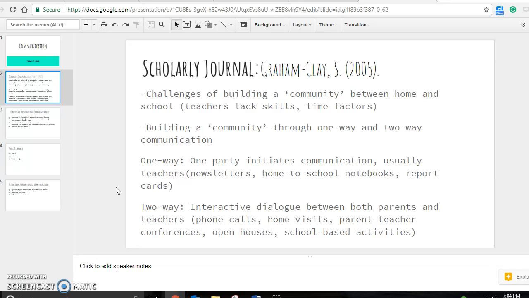And this is something that kind of hit home more for me because it talked about how teachers lack the skills to effectively communicate with parents, and that time factor is a huge issue with all the constraints and all the different ways that we are pulled in different directions throughout the day and during the week. It's very hard to try to contact every student's parents, especially when you have like 165 students, which I did